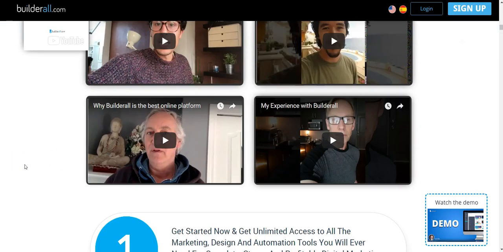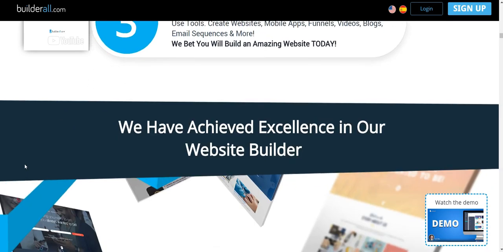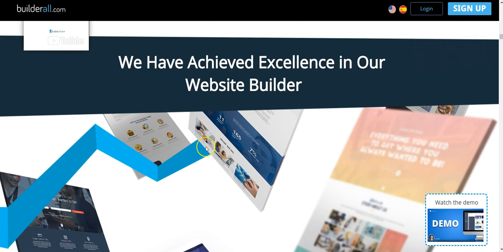Expanding a little bit on what I was saying earlier about always searching for that perfect all-in-one system, it even got to the point where I was talking to designers and developers myself to see if I might be able to come up with my own system. And that, of course, would have been tens and tens of thousands of dollars, at great expense, and then you've got to market it and do all the stuff that goes along with building a business like that. But anyway, when I stumbled upon Builderall, this platform,